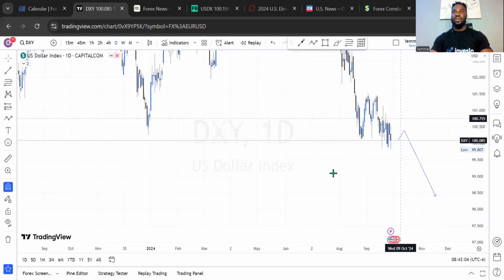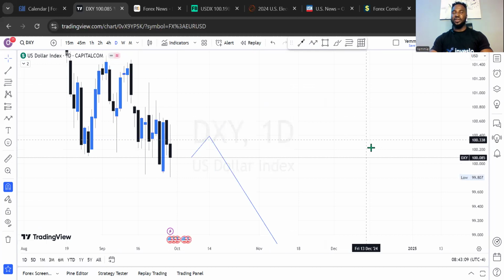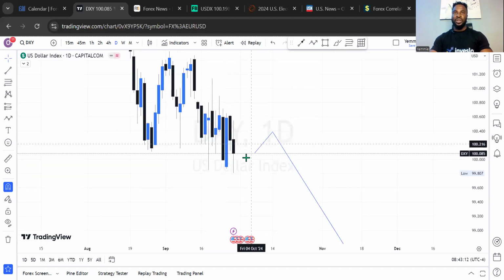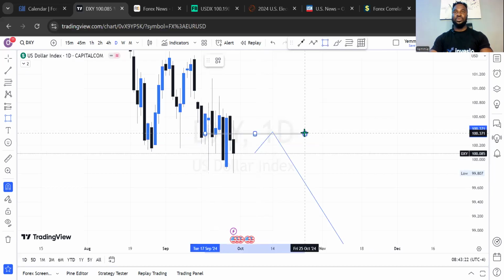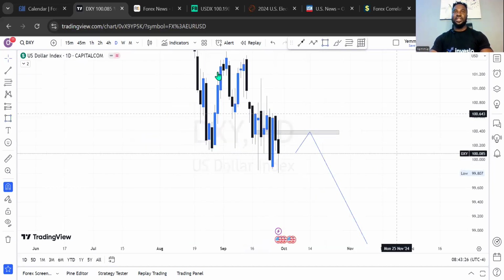On the daily, let's see what that looks like. On the daily, the information remains the same because on Friday, last week Friday, it was bearish after we had the bullish ride on Wednesday. So we've seen what the market is doing there. And because of this, I'll be expecting a little bit of retracement to this price range here on the daily time frame, which I have marked already. And that is where I'll be expecting the market to sell from, which is the DXY.